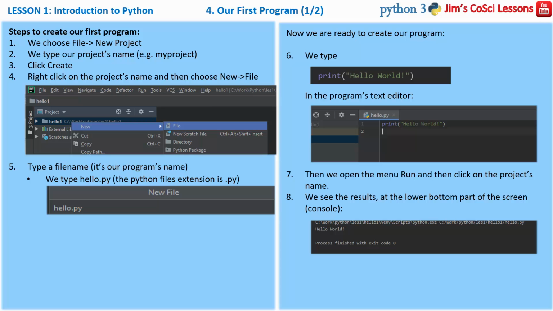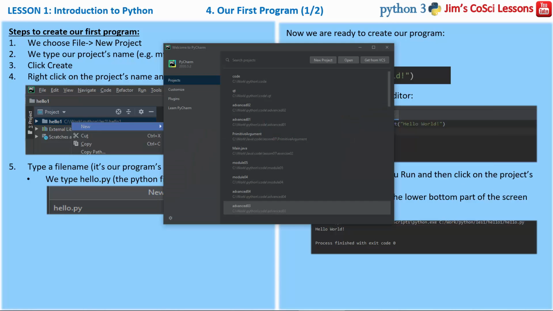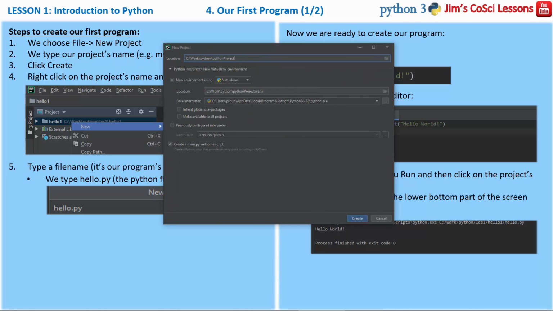Now we are ready to make our first program in Python. Let's go back to PyCharm and be careful here. Every time that we are going to have a new lesson, the exact same steps should be followed. So here we are, I pressed here to new project, and here is the folder that will hold the files